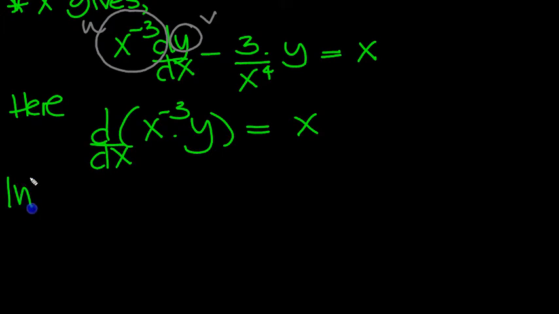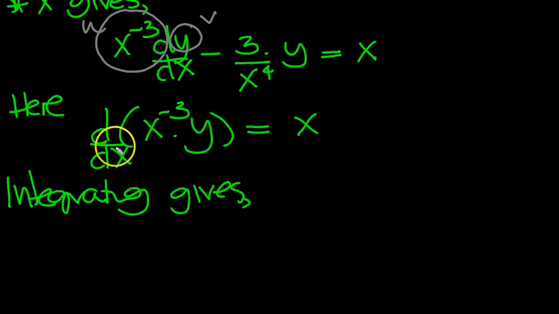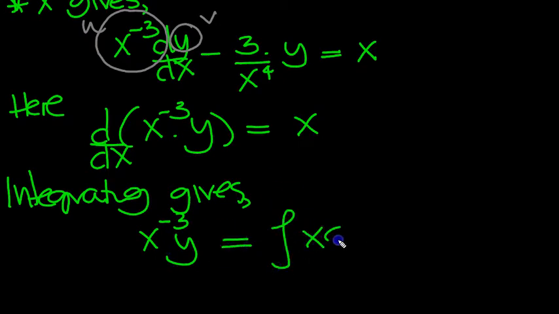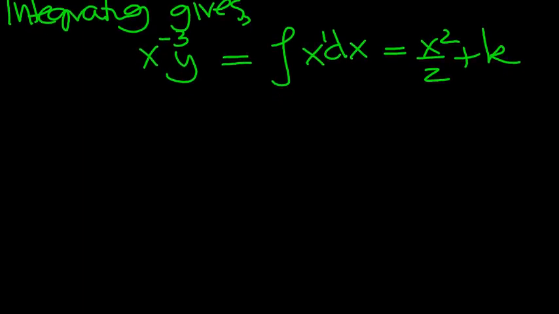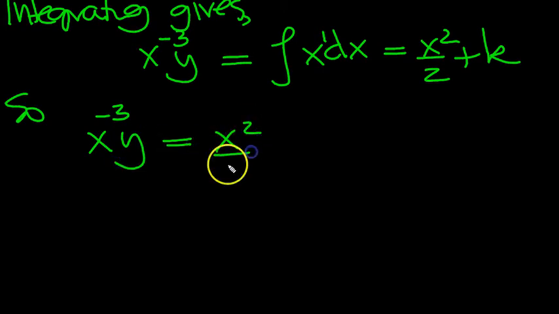So integrating both sides now, nice easy problem. So integrating gives, integral of the derivative is just the object inside, x to the minus 3 times y. The integral of x dx, that's x to the power 1, isn't it? So it's just x squared over 2 plus a k at the end. So what have we got then? So we've got x to the minus 3 times y equals x squared over 2 plus k,